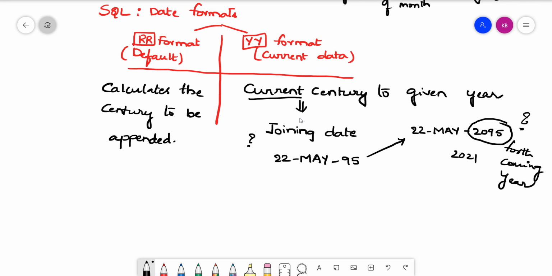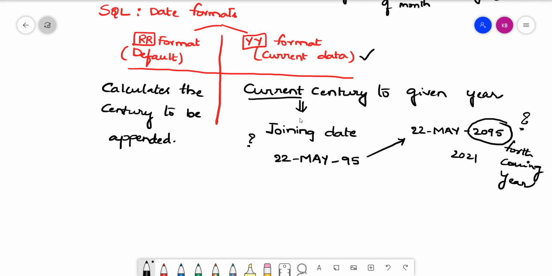So that is the reason why whenever we have current data, that is whenever we say that we will be working only in the current situations, we make use of the YY format, or otherwise it is preferable to go with the RR format. So now let us try to understand how the Oracle server will calculate the RR format.